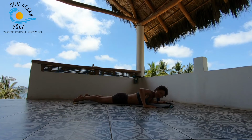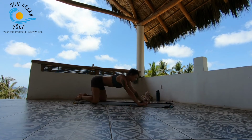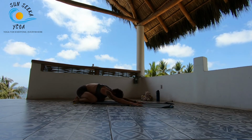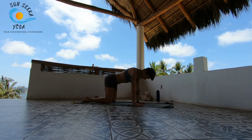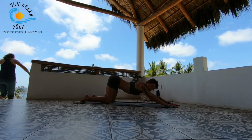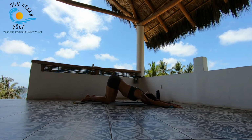And then slowly release. From here, we're going to press up and back. Bring the big toes together, the knees wide. Come into a child's pose. Just release that lower back. Maybe swaying from side to side. And you can stay with the child's pose. Otherwise, we're going to come into puppy pose. So bring the knees underneath the hips. Start to walk the hands forward any amount that's comfortable for you, and sink the forehead and the chest towards